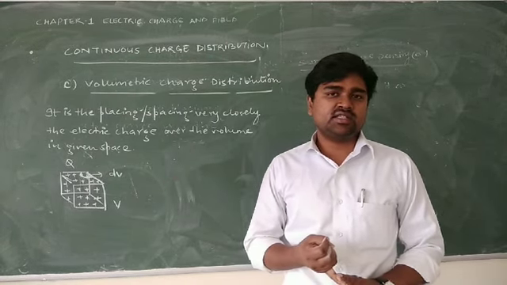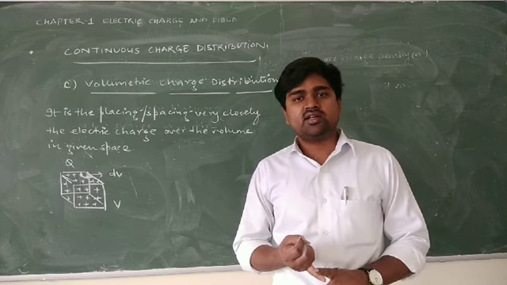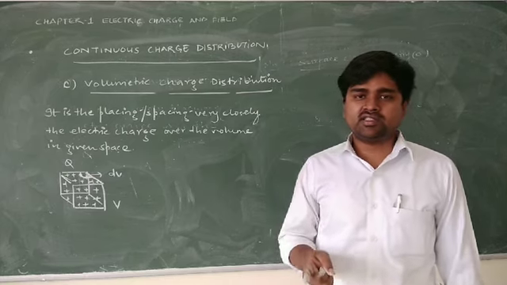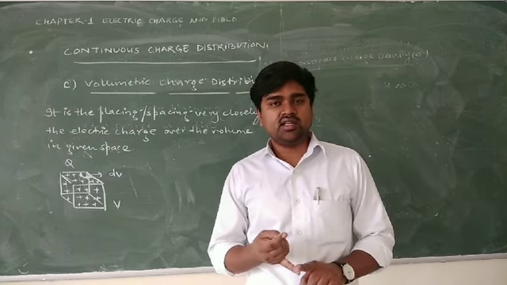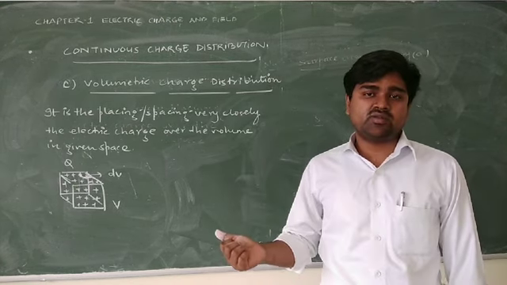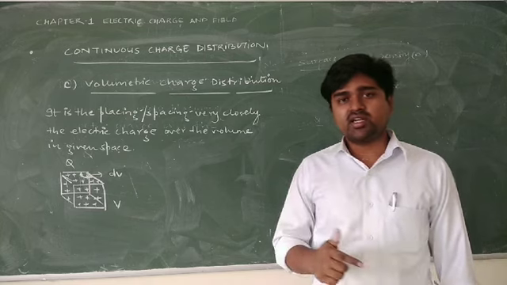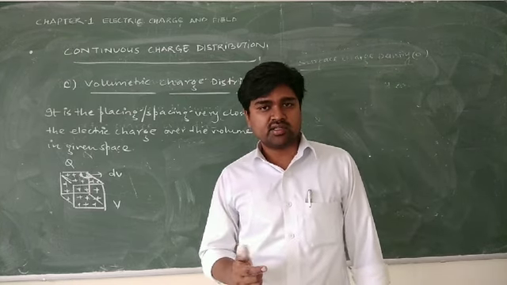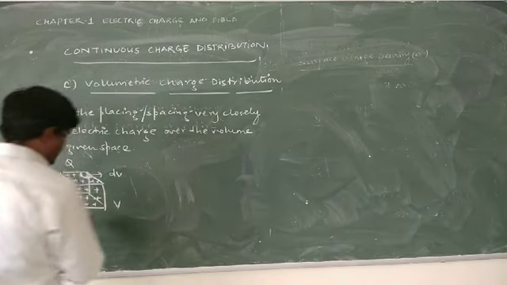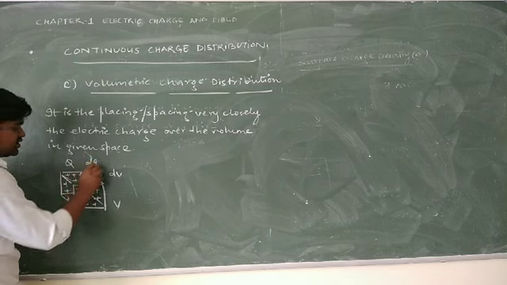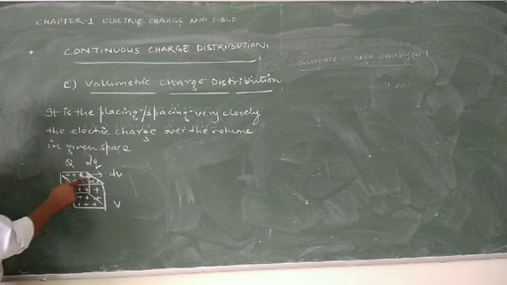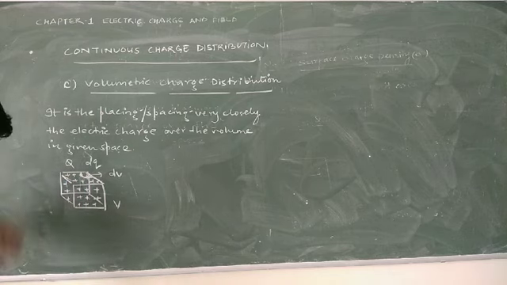As in linear charge distribution, we had dl that represents the length element. In surface charge distribution, we had dA that was the surface element, and now in this volume charge distribution we have dV, that is the volume element, which represents the small portion of the given volume, right? Over which we have placed a small amount of charge, that is dq, right? So dq are those small charges which are placed over this small volume element dV, right?